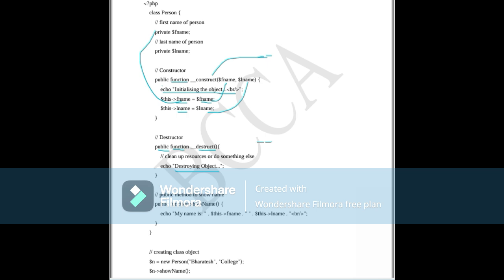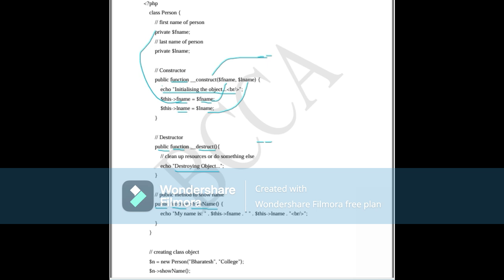Then there is one more method. The name of the method is showName. A method is a function, so there is the keyword function, and the access modifier that we have used is public. Now let us see what this method showName does.